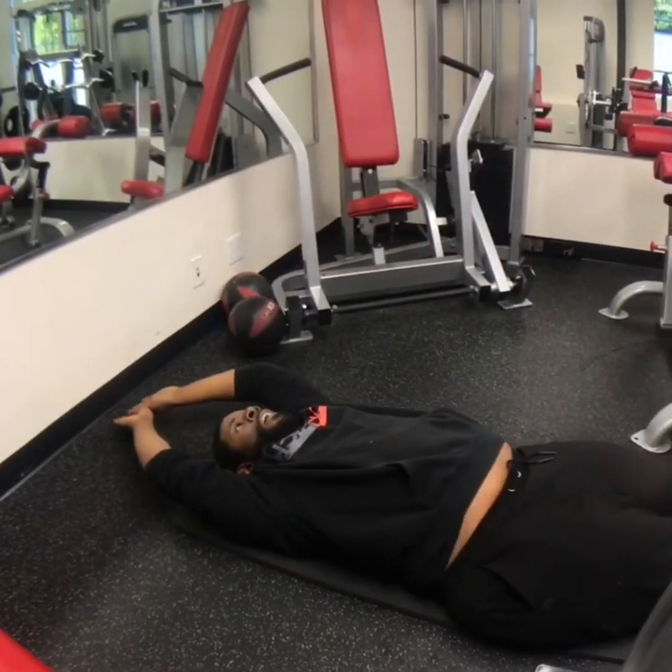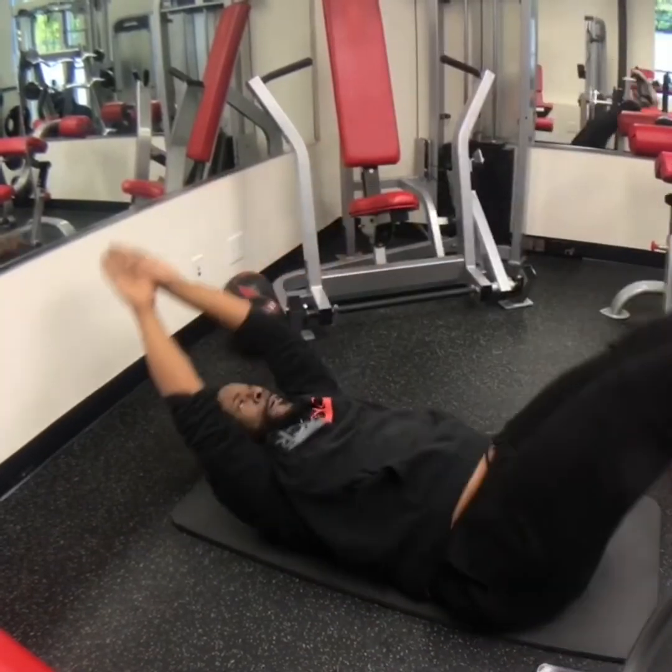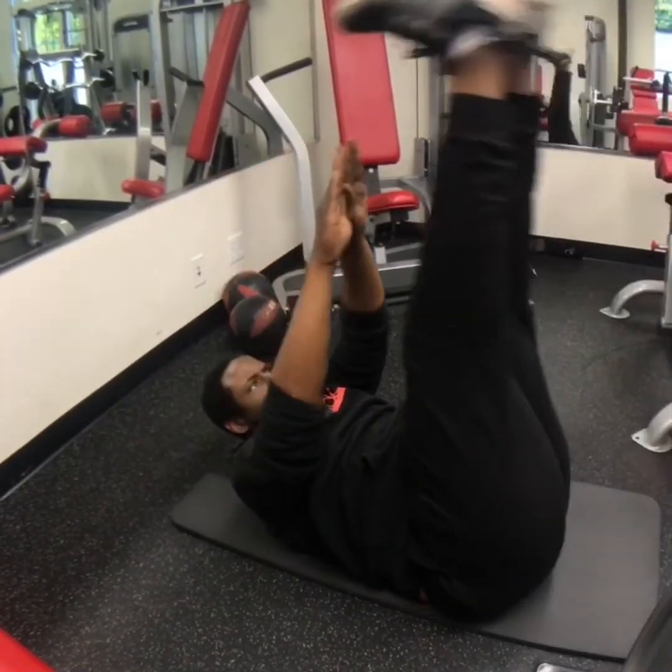Jackknife. What am I talking about? You guys know because I know, and I haven't done that myself. When you're doing crunches, have you ever tried to...